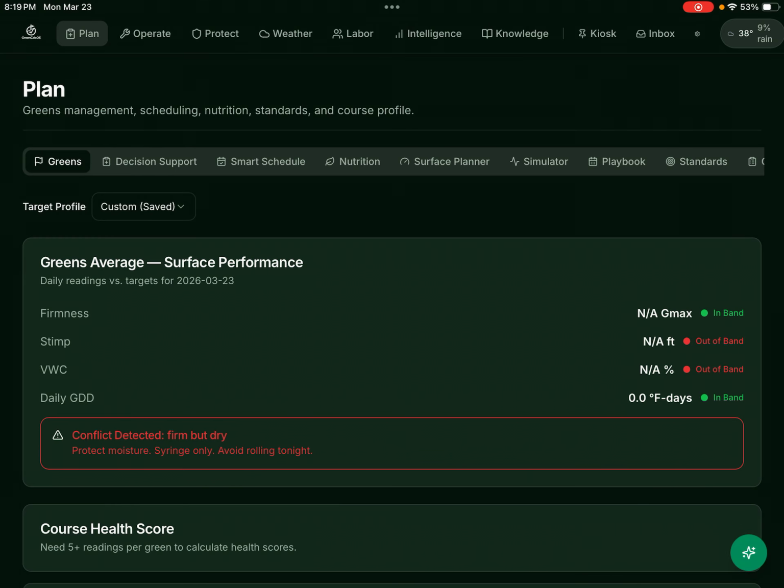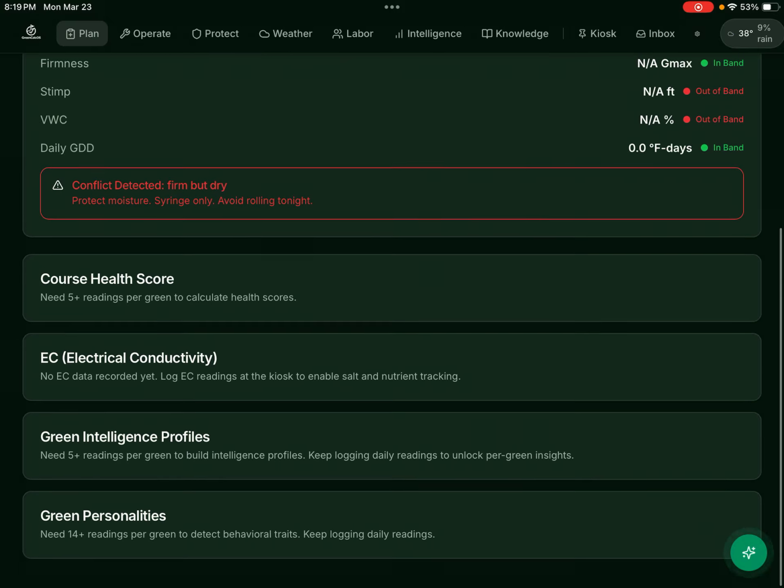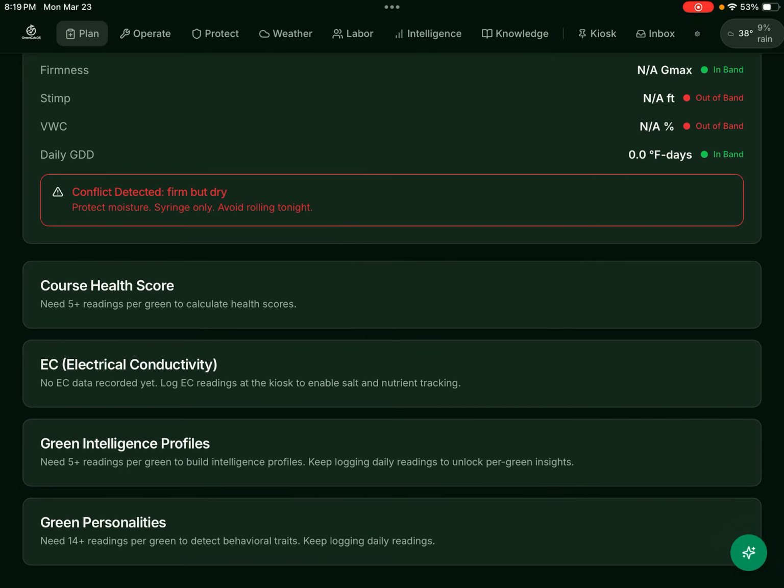In your plans, this is very greens focused. There are a lot of things you're not going to see anything on right now because I don't have active growth yet, so I haven't taken any measurements. My greens are starting to come out of dormancy a little bit, so I'll probably update this later when there's more live information and data you can see. There are things you're not going to be able to see working, but those are simply places where data is collected from certain data points and